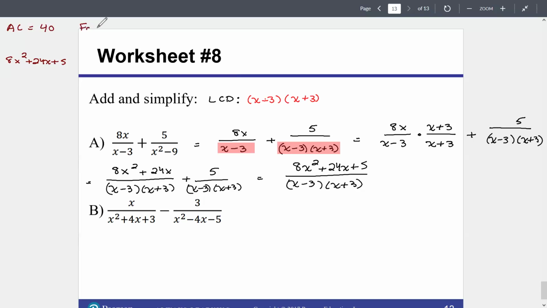I need factors of 40, and I need those factors to sum to 24. So if we have 20 and 4, that is going to give me 40. If I do 20 plus 4, that gives me 24. So we can turn this into 8x squared plus 20x plus 4x plus 5. If I factor out a 4x, then I'm going to have